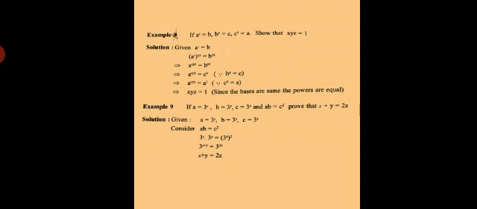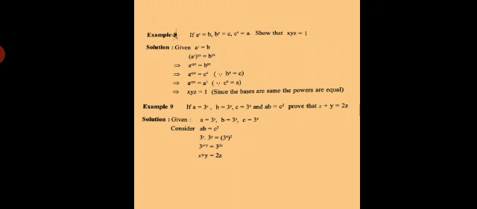Since by the second condition we know that b raised to y is equal to c, now replace b raised to y by c and write down z as it is. Now we also know that c raised to z is equal to a, the third condition. Therefore, on comparing the LHS and RHS, since the bases are the same, their powers are equal to each other, that is xyz is equal to 1.